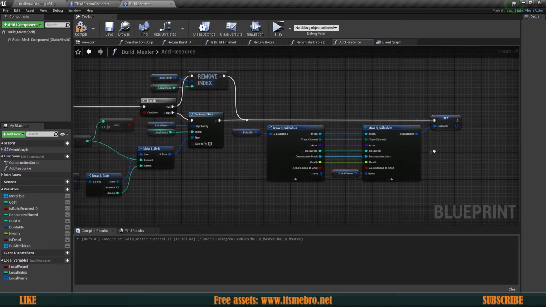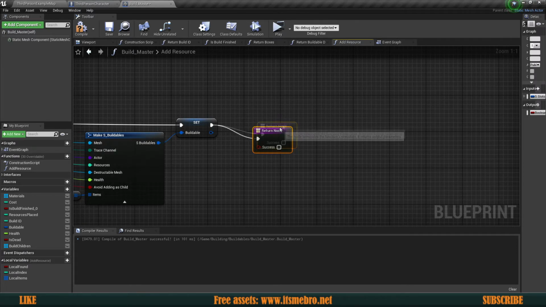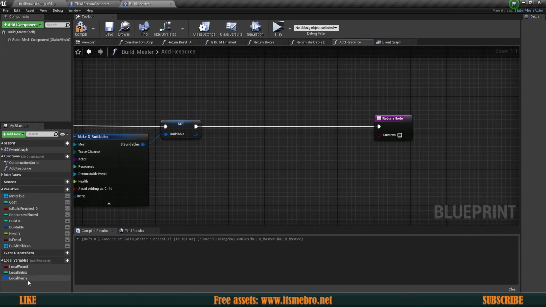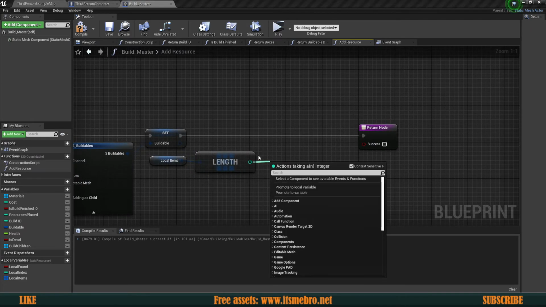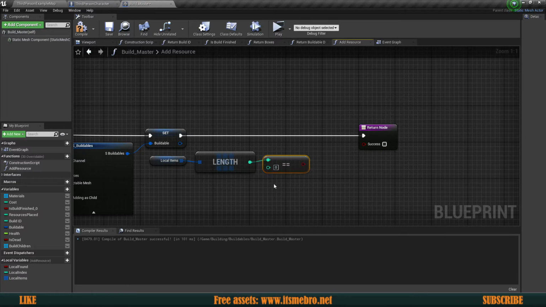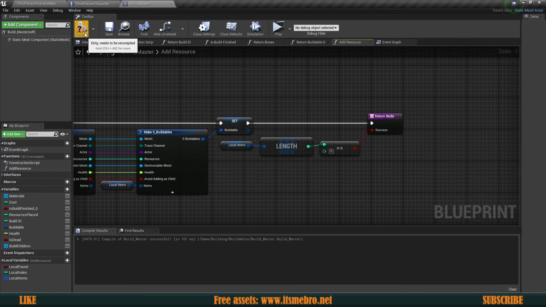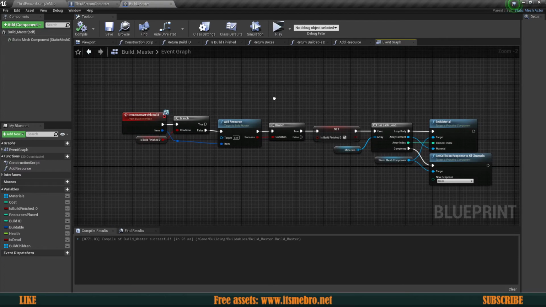There we go. Now the last thing would be to just simply return, but when we return, obviously we need to make sure if we are done with the build or not, and we can find that out by grabbing our local items and then dragging from this. We can say length, and this is going to return us how many elements in the array there are left, and we want to check whether this is equal to 0. If it's going to be 0, it's going to return us true. That means that we have used all the necessary resources in order to finish this build. So then we can go ahead and compile and save this,